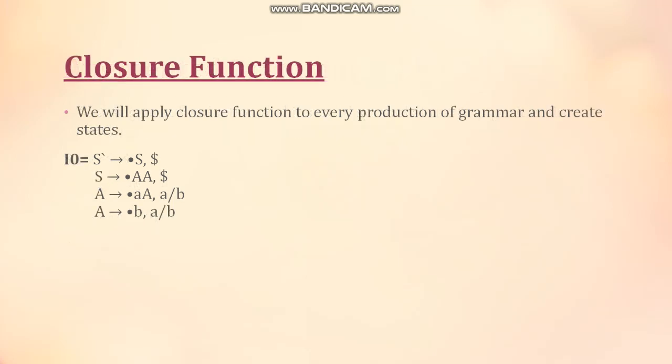Now we will use this grammar to create states, and how we are going to create states is we are going to apply the closure function. First of all, what we created in the last step was augmented grammar and LR1 items. We will apply closure on that, and that complete augmented grammar will be considered as the I0 state. Now we are going to expand and parse each and every production and terminal, non-terminal in it, and create further states from I0. This is our state I0, which is the first state.